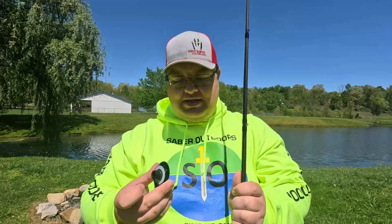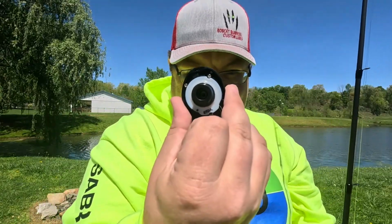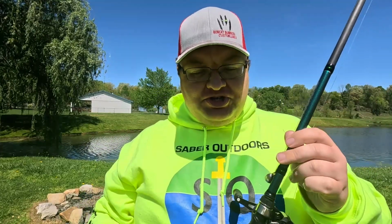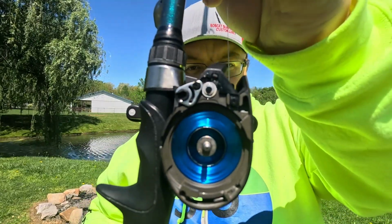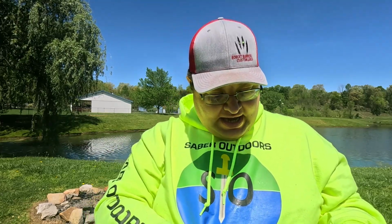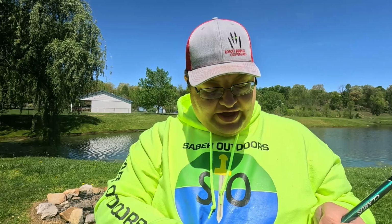Now, a DC reel. This is the internals for a DC reel. So that is a little tiny magnetic deal with a chip inside, and it's not energized until you spin something, like the alternator on your car or any number of other things. When you spin it, it makes a current. That digital chip says more braking the harder you're throwing it, because it's spinning faster. But it will not work without,